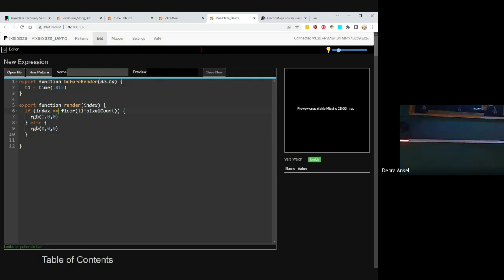You could make it a clump of pixels by saying if the difference between this value and the index of our pixel is less than a certain amount, then you have a range of pixels lighting up. So if the absolute value of the index minus, absolute value just tells you the distance, how far away they are, minus this